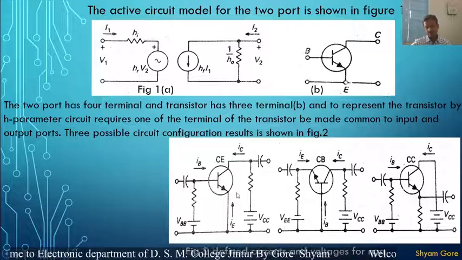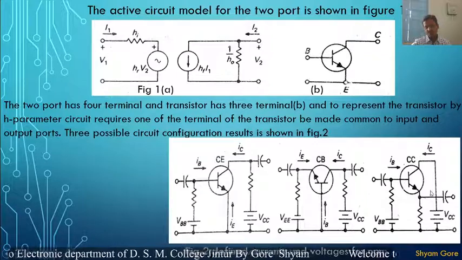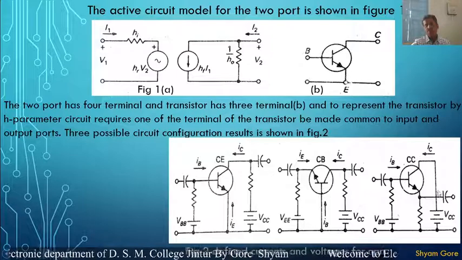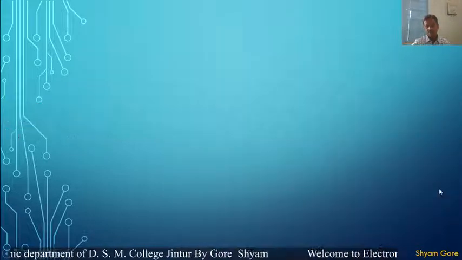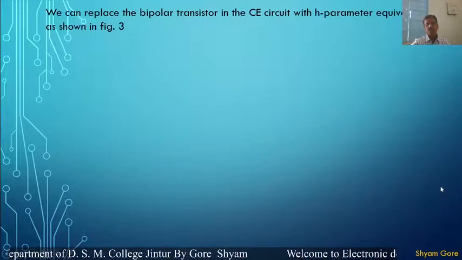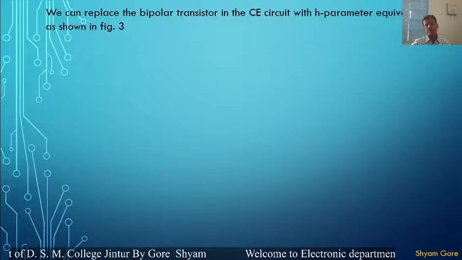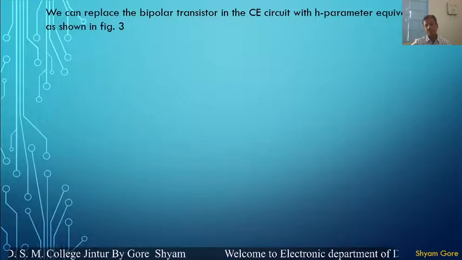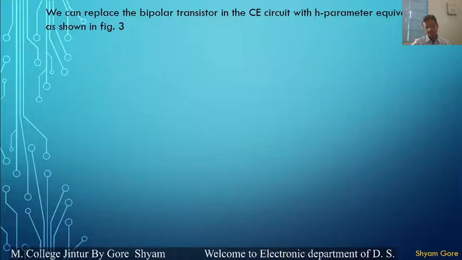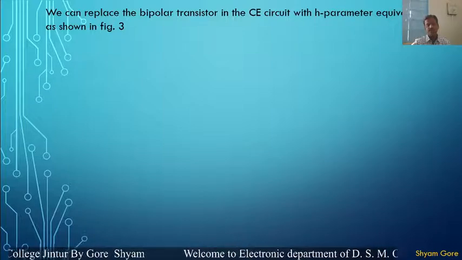This is for common emitter, this is for common base, this is for common collector. So, we can replace the bipolar transistor in common emitter circuit with H parameter equivalent circuit,